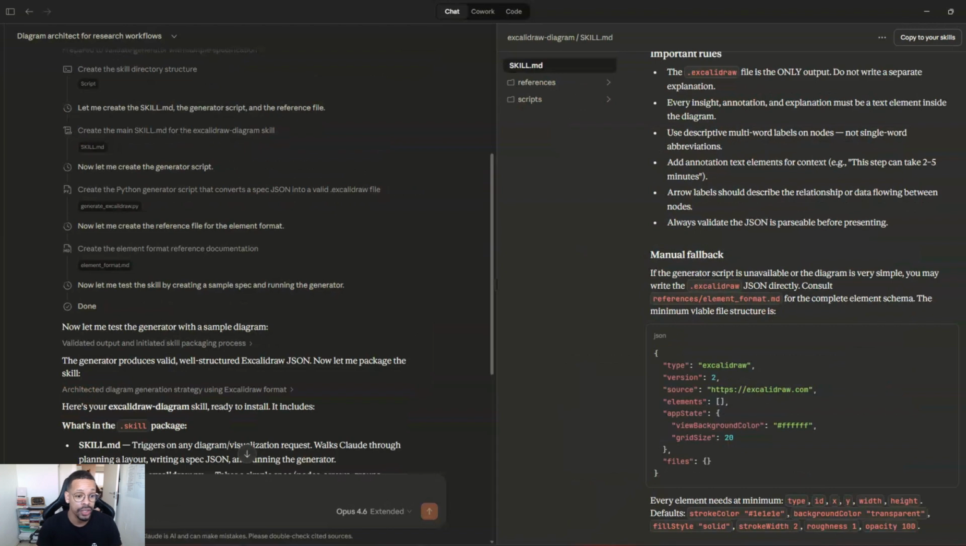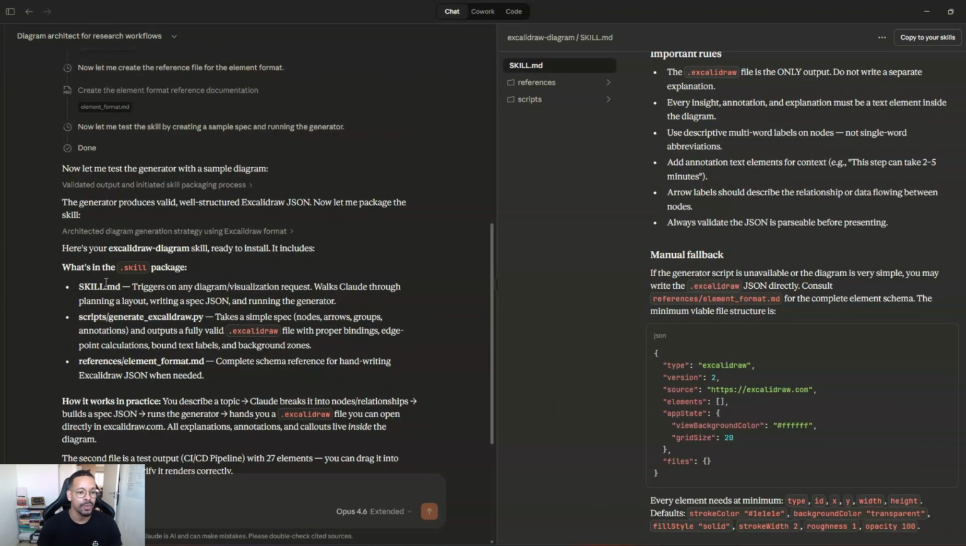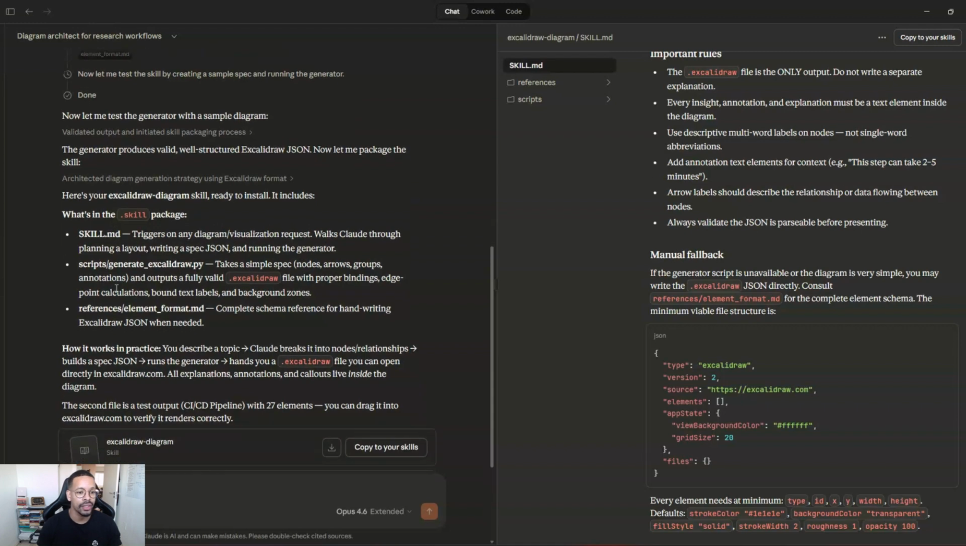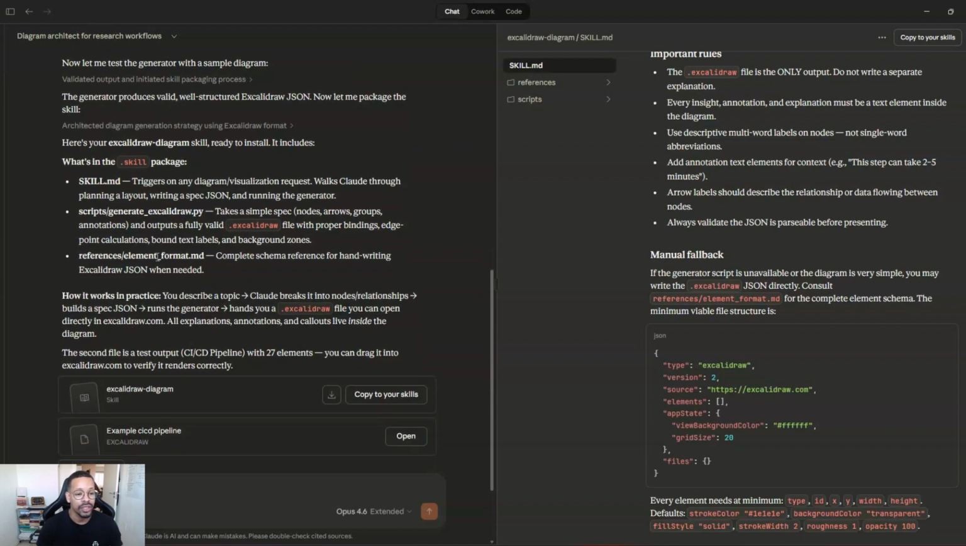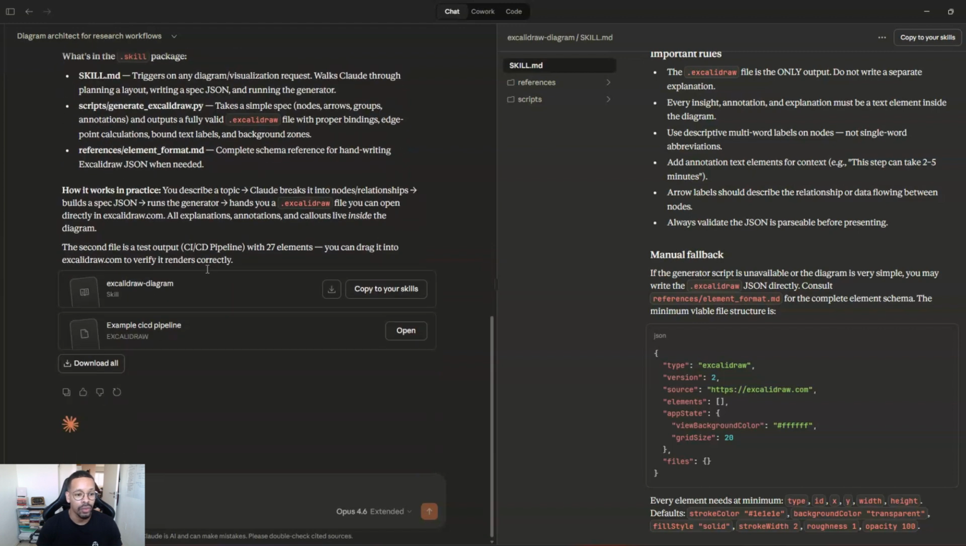So now Claude is done creating the skill, and it explains that it triggers on diagram visualization, and there are some scripts, which is generate excalidraw.py, which is a Python file. Yeah, it has the Python file there, and then you have the references, which is the element format. So you can check them out here. Let's see. So what you can do is you can download it if you want, but I can just copy to my skills